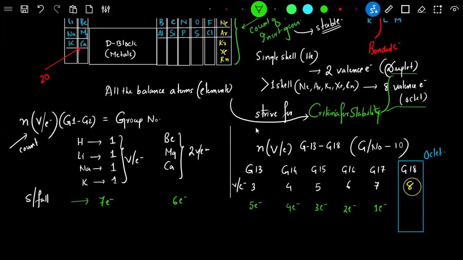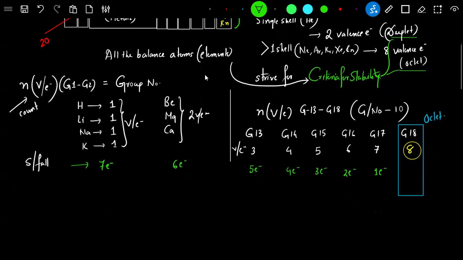Have you understood now? Right. Now the question arises that everyone has a mad rush for getting stability. So if I look at group 1 needs 7 electrons. So the rule is very simple. If someone needs electron, it implies that there has to be someone